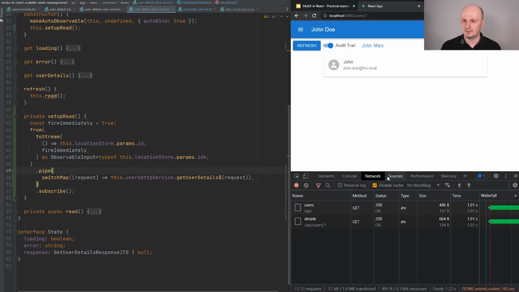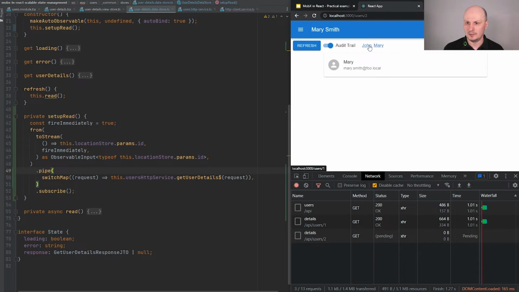All right, let's see in the network. We have our API working. So when I switch to Mary and switch to John again, we see that this RxJS stream is working correctly.